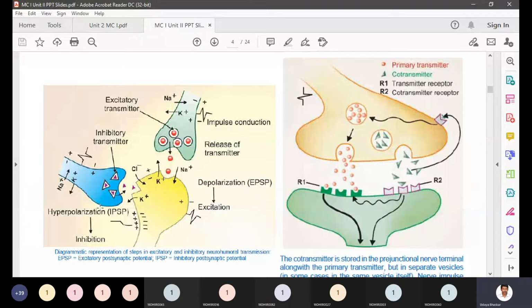Whenever some stimulus is given, there will be a change in ionic concentrations inside the cell and outside the cell. When a signal needs to be transmitted through the membrane of that cell, the outside is extracellular and the inside is intracellular. There needs to be a change in the concentration of ions, particularly sodium and potassium. When sodium comes in, potassium goes out while executing the signal. That will cause a change in conformation of the membrane.